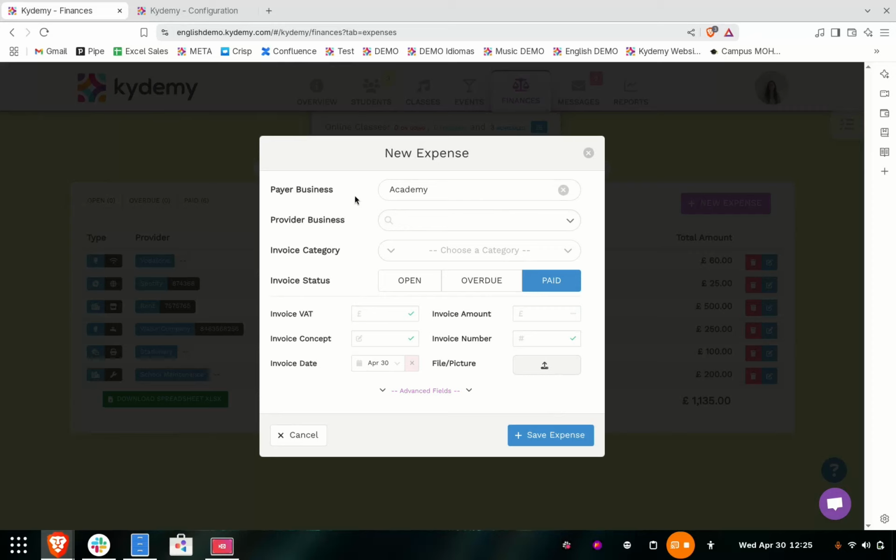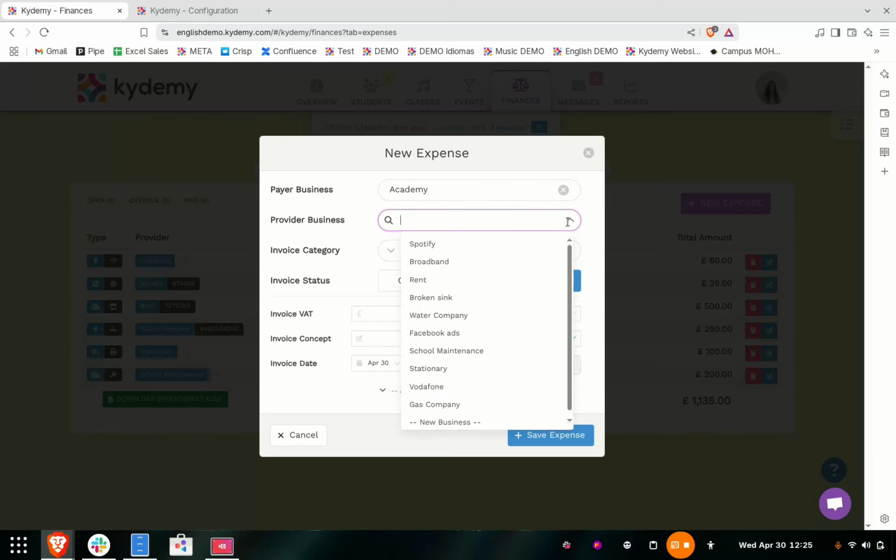Next, we have the supplier business, the provider business. In other words, the entity we're buying from. As you'll see, when clicking, previously used businesses are saved so you can reuse them. Let's create a new one. For example,